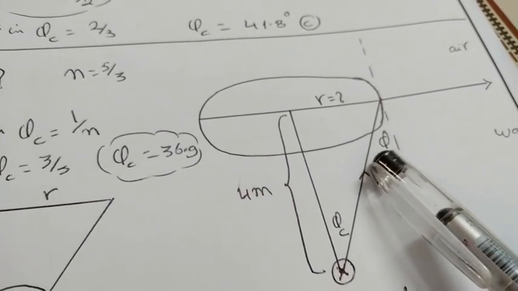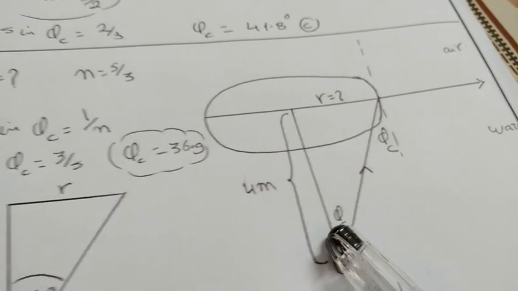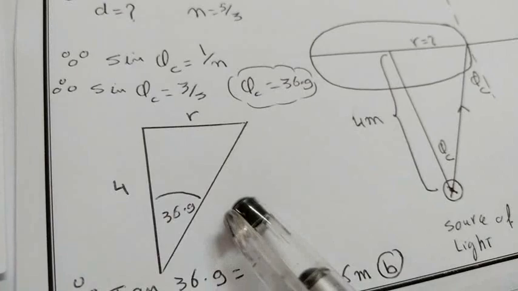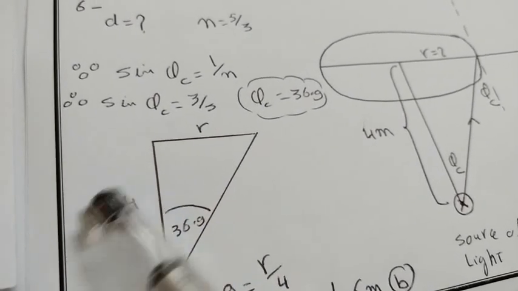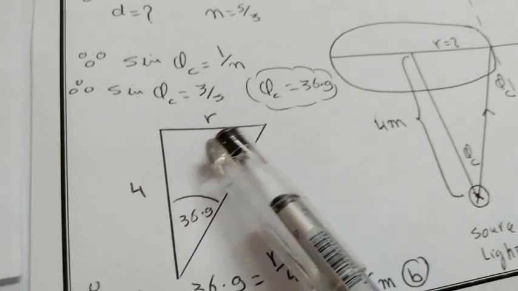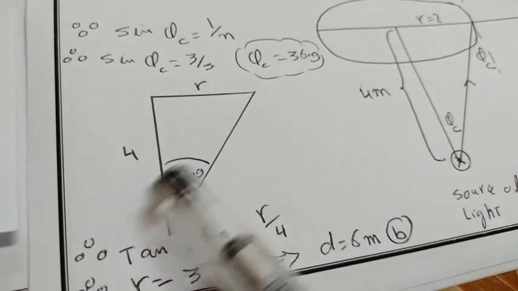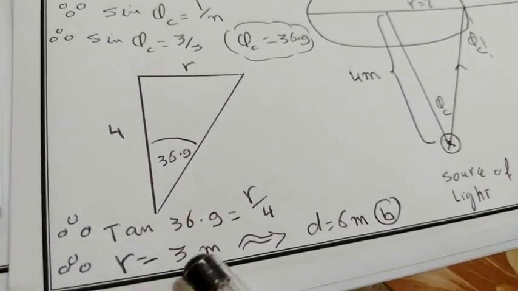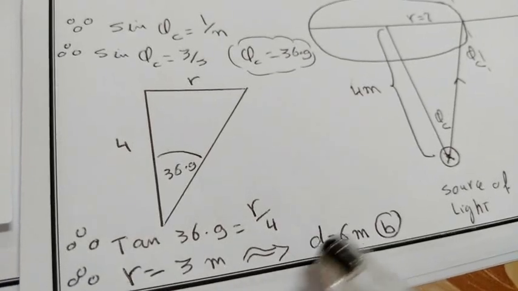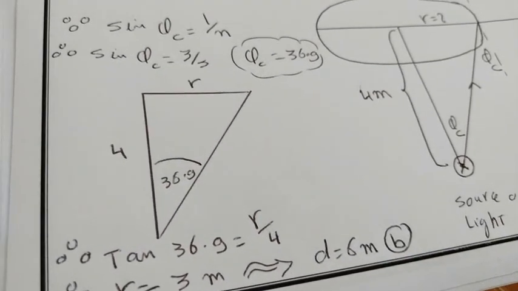As this angle equals 36.9, this angle also equals 36.9. From this triangle, we have the angle and 4 meters. How can we get the radius? Yes, from the relation tan of the angle equals r over 4. So r will equal 3 meters and the diameter will equal 6 meters, and the answer is number